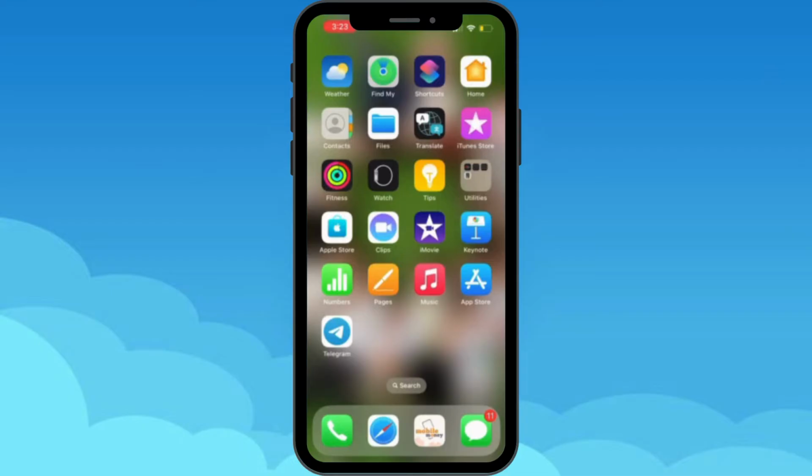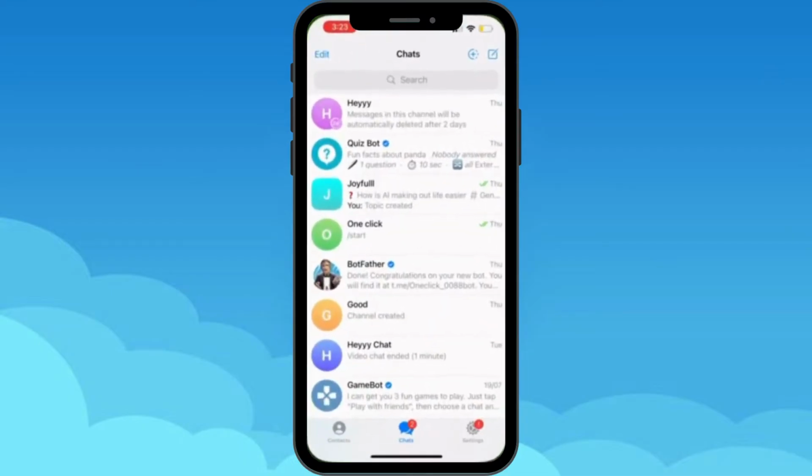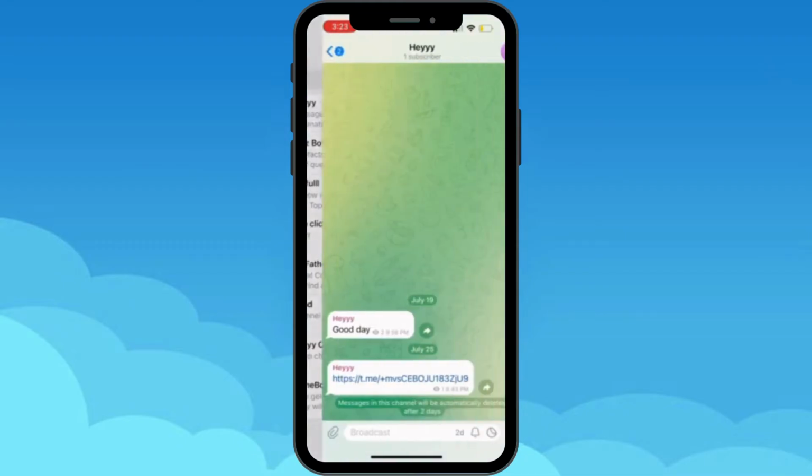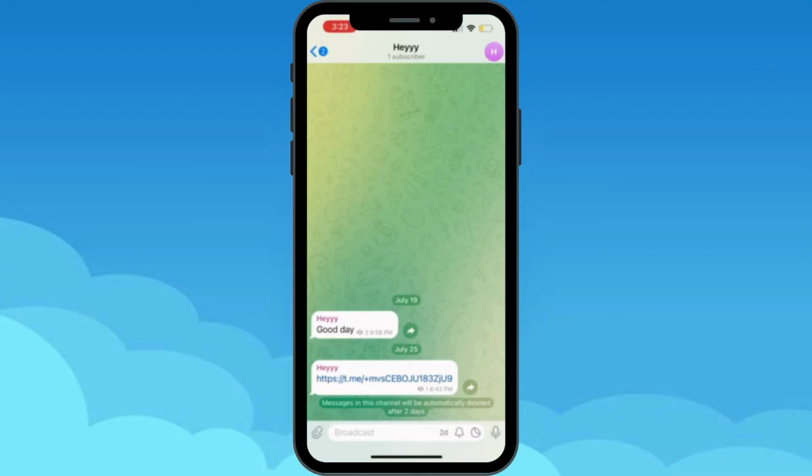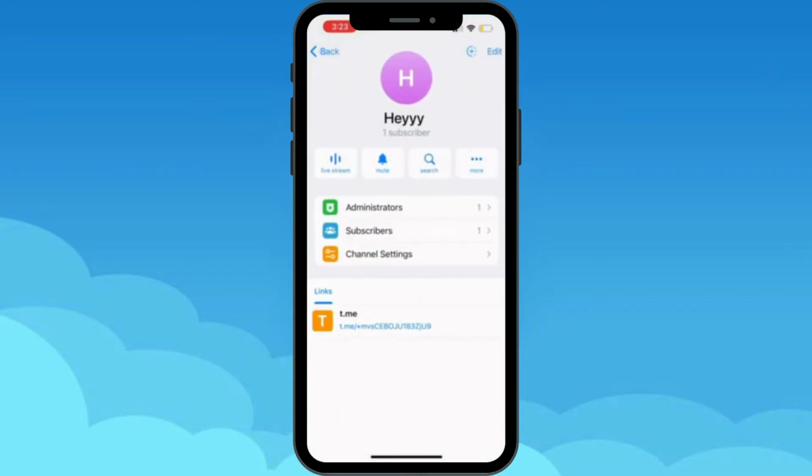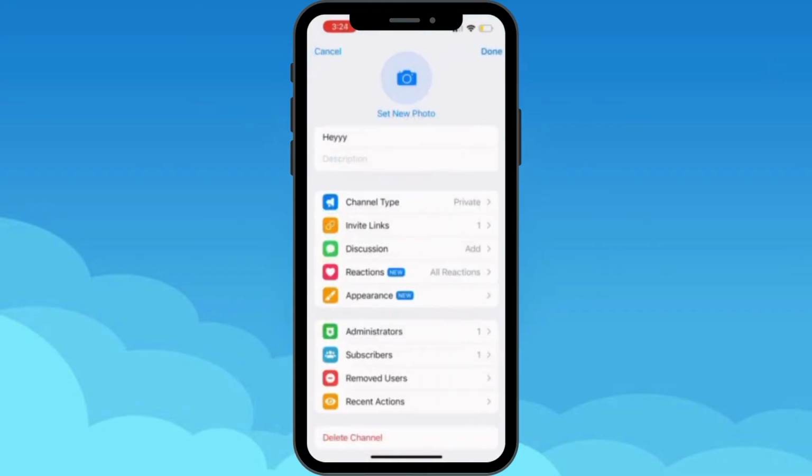First things first, let's tap into the app itself and it will lead you to this chat page where you can choose any of your groups or channels. Let's choose this one right here, and all you have to do is look at the top right corner. You can see a profile icon. Let's tap in there. And again, let's go to the edit option right here, and here you can see various